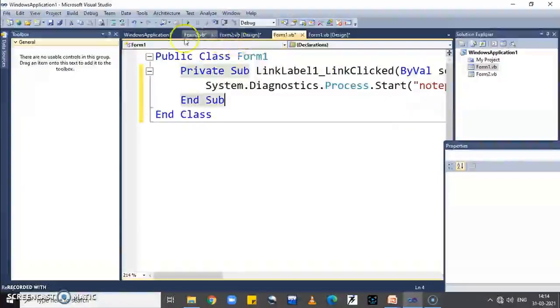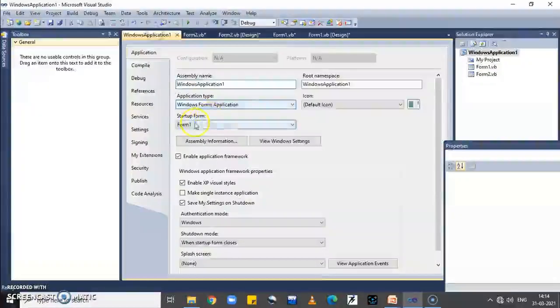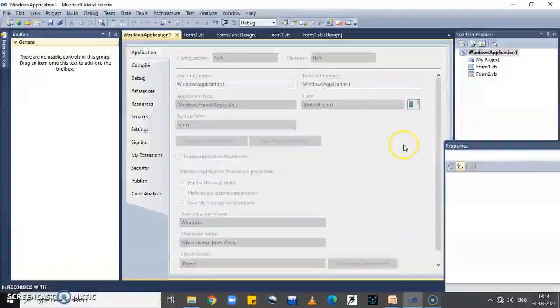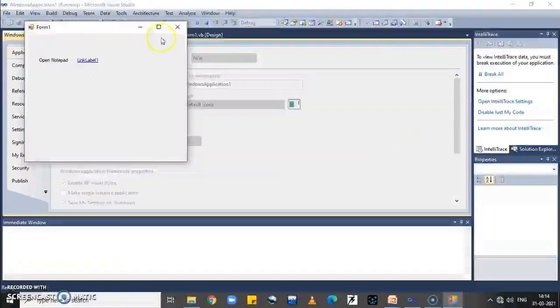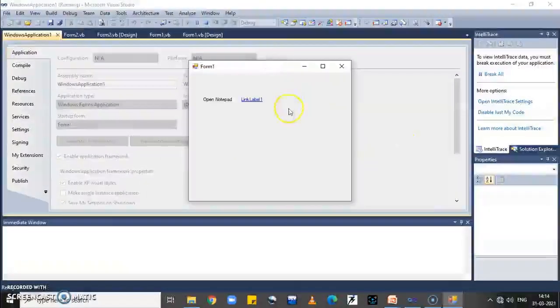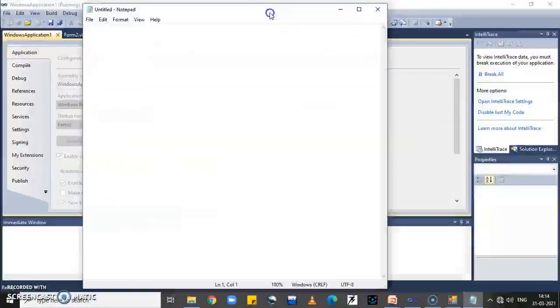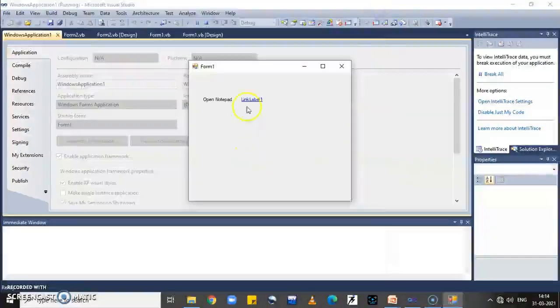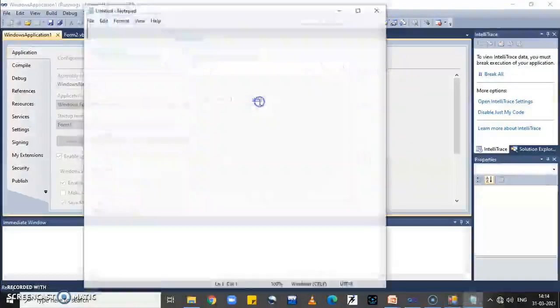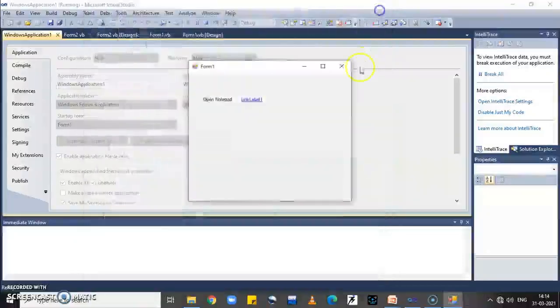So first set startup form as my Form 1 and just run the application. Now this is my form. When I click on link label 1, then notepad is opened. In such a way a link label control provides hyperlink.